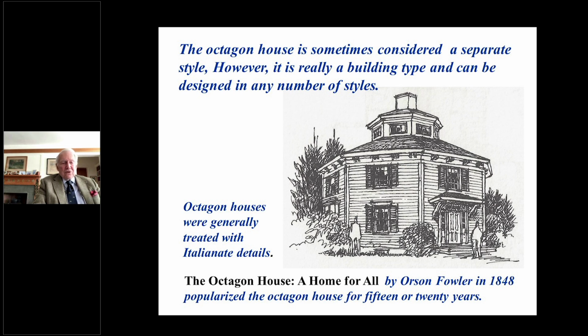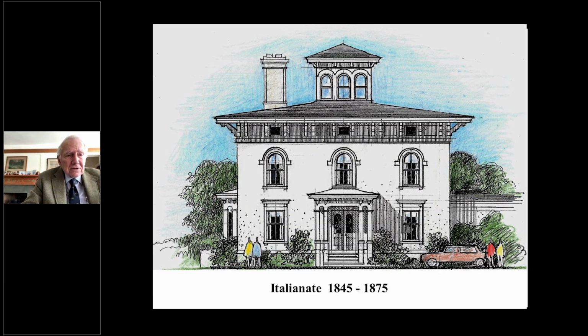There was a wonderful book called The Octagon House, A Home for All, by a wonderful character named Orson Fowler, published in 1848, and it popularized the octagon house for 15 or 20 years, but most of them were treated with Italian details. So the next slide, I'll just describe some of the features that are typical of the